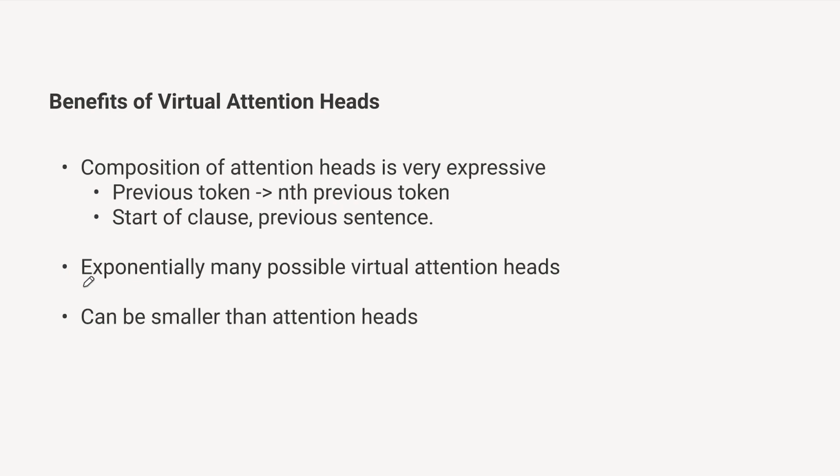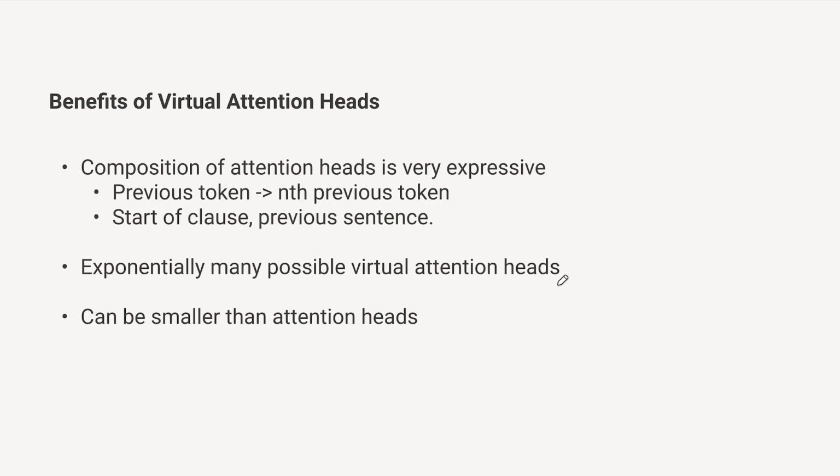In fact, as you have more and more, you have n per layer, so the number of things you can express grows exponentially. Now, of course, most of these compositions are probably not very useful, but in theory, you have this ability to have an exponential number of virtual attention heads. Now you might say, Christopher, there's only n previous tokens, and so why would it be useful to have more than n, let alone massively more than n attention heads? Well, your attention heads attend to different places for every sentence,